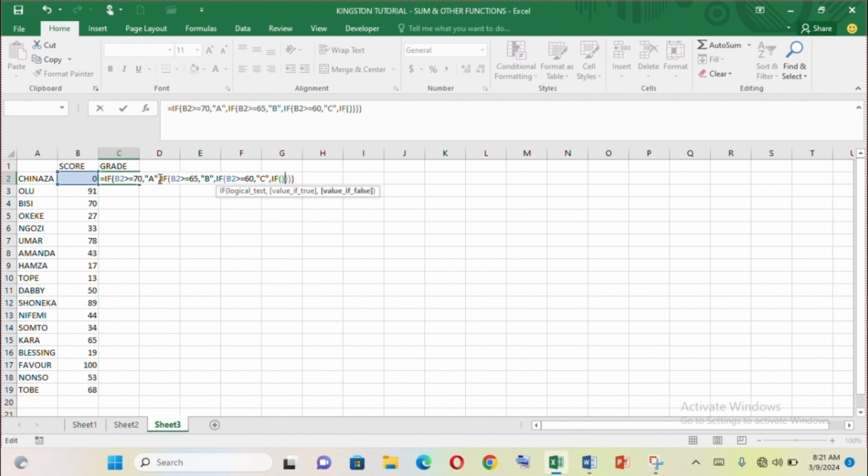parenthesis open and close, use your cursor, enter into that parenthesis open and close. If B2 is greater than or equal to 50, the person, comma, had in parenthesis a D in double quotes, a D. After the double quotes open and close, you say comma. Now you're meant to check for your false value. Instead of checking a false value, you want to check for that condition again. You now say IF, parenthesis open and close, use your cursor, move into the parenthesis open and close. Say B2 is greater than or equal to what? 40, comma, it is what? An E. Remember to always put your string letters in double quotes, comma. Now